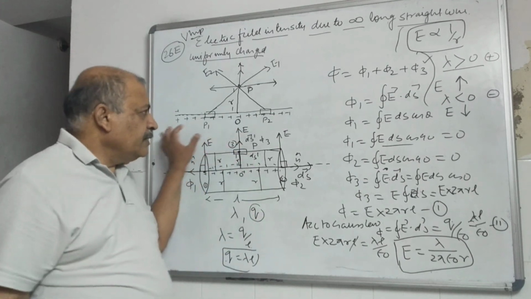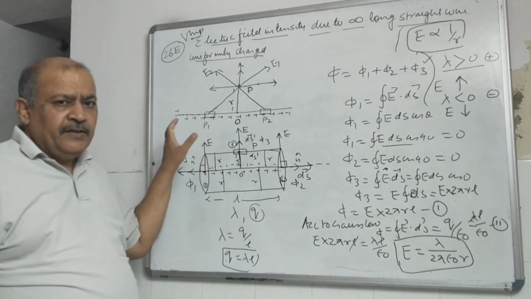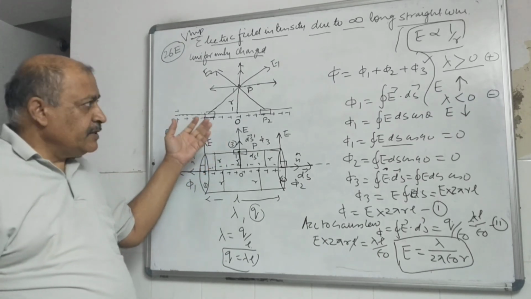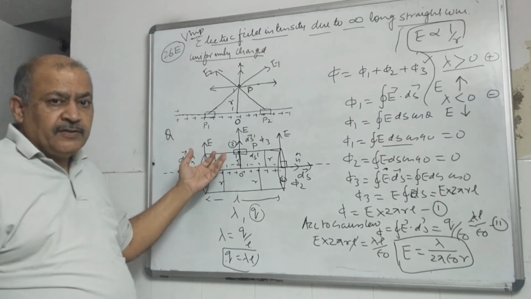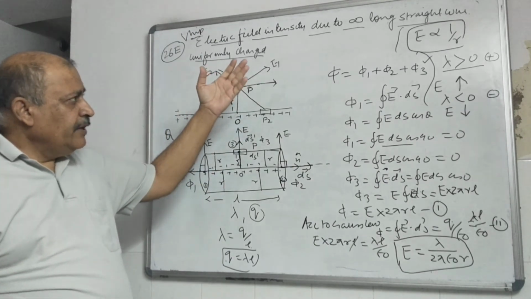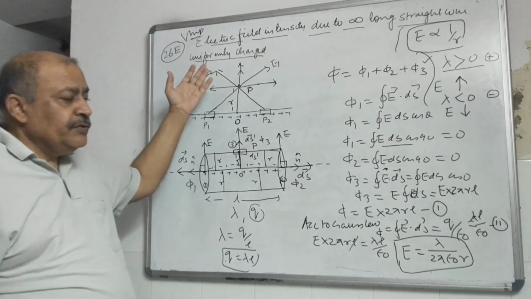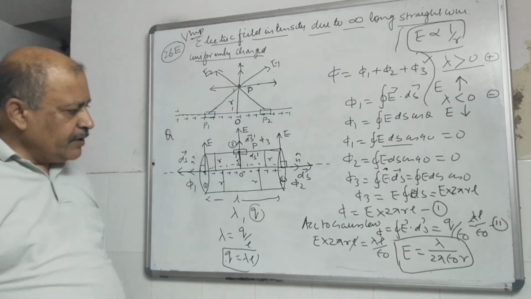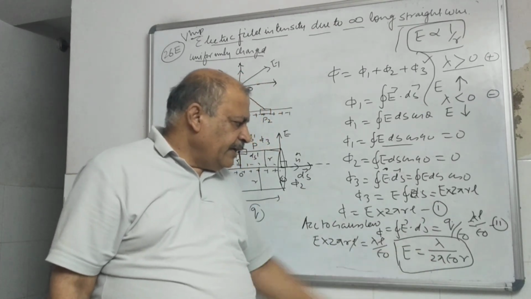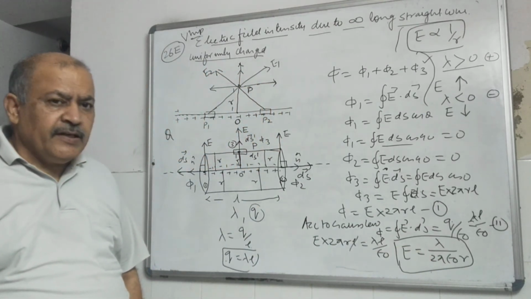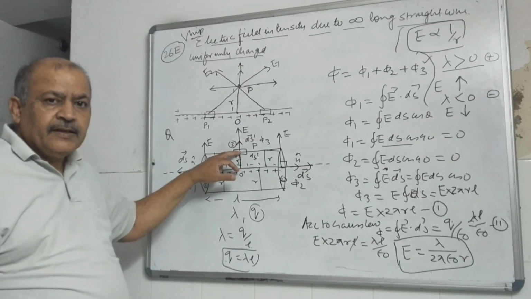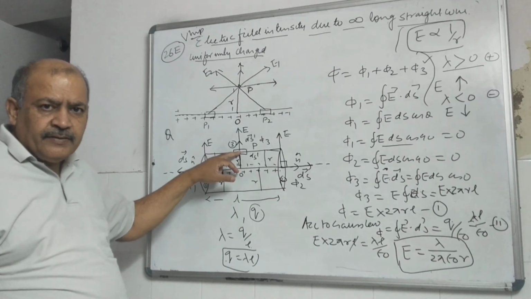So remember children, this part is very, very important. Right? There are 2-3 more applications, and this is one of the applications of Gauss law, where we are calculating electric field intensity due to infinite long straight uniformly charged wire. And what is coming out to be equals to lambda upon 2 pi epsilon naught r, where lambda is your linear charge density, epsilon naught is electrical permittivity, r is the distance at which the electric field intensity is being calculated. Clear?